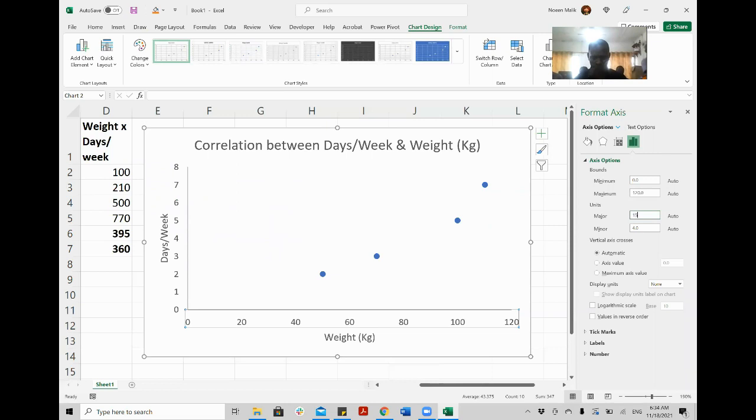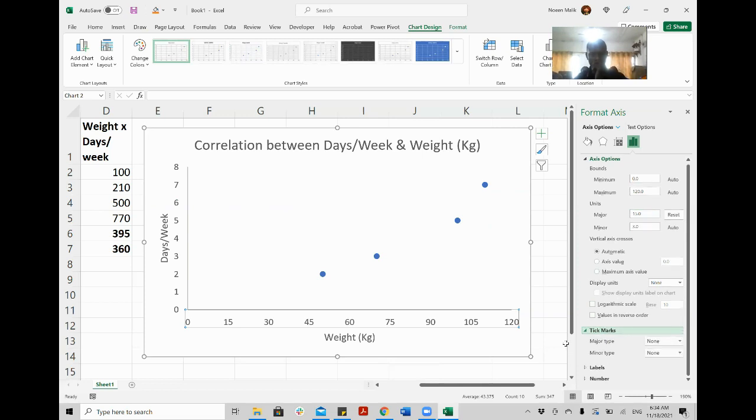So let's make it 15 units apart. So you see the scale changed. Now it is 15 units apart. Now let me go down because I want to have the marks. So I want to have the tick marks for major ones and also for the minor ones outside. So I will click major.